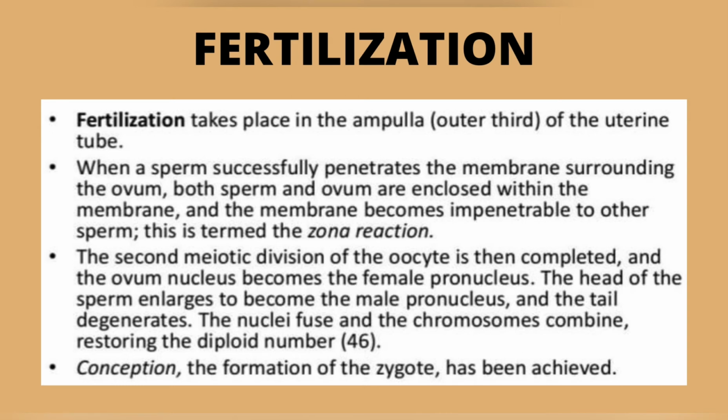The second meiotic division of the oocyte is then completed and the ovum nucleus becomes the female pronucleus. The head of the sperm enlarges to become the male pronucleus and the tail degenerates. The nuclei fuse and the chromosomes combine, restoring the diploid number, that is 46. Conception, the formation of the zygote, has been achieved. After that,